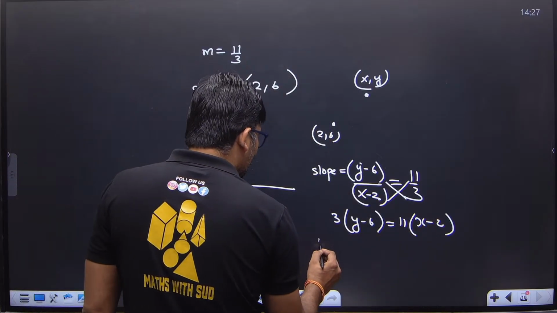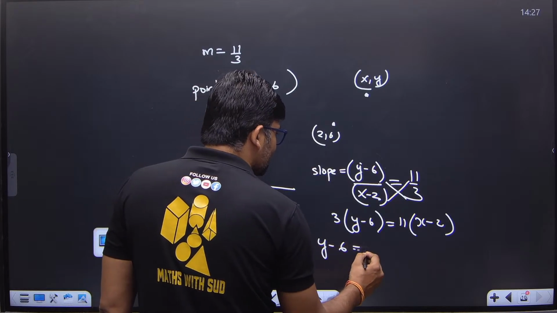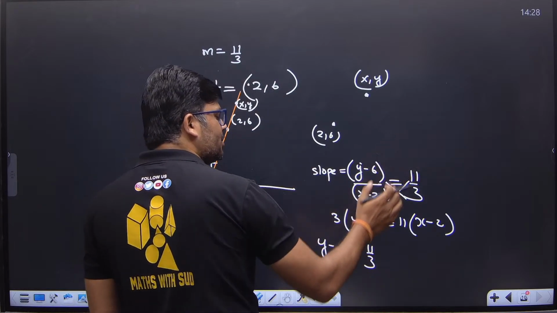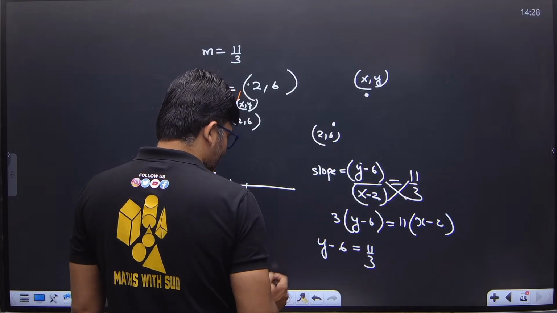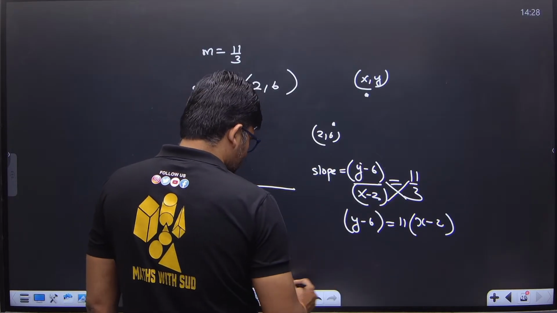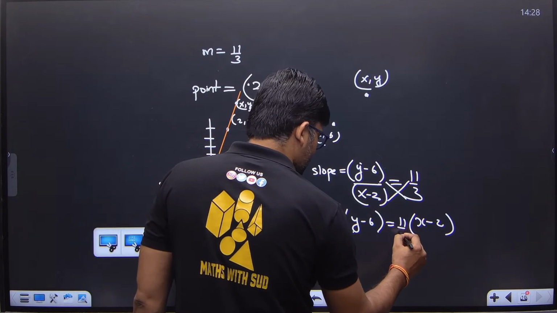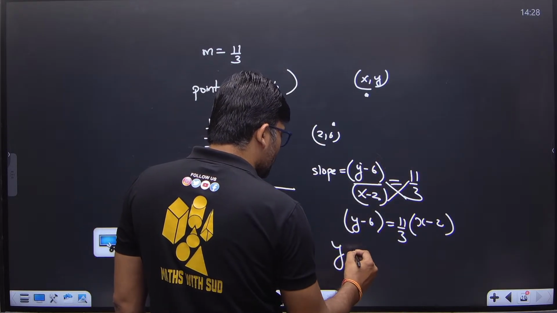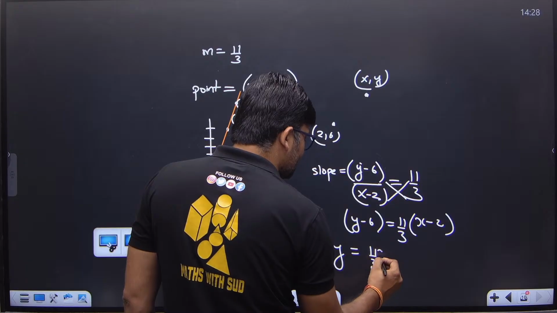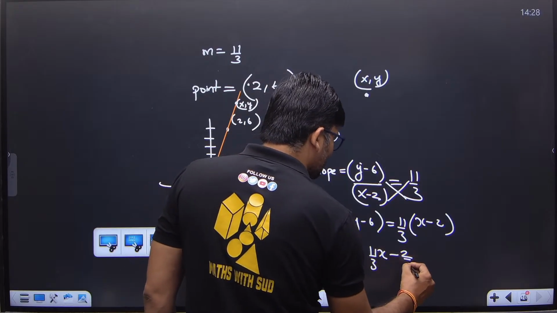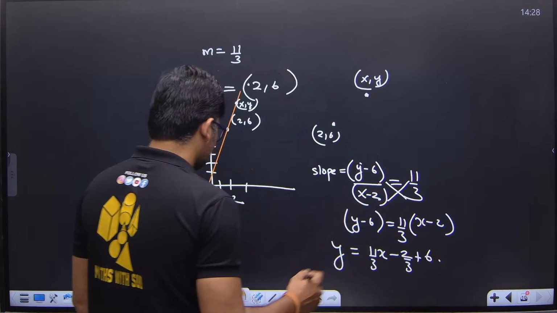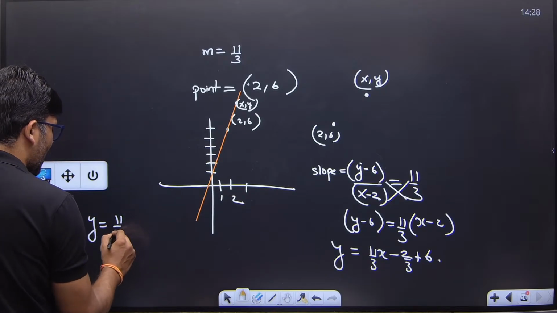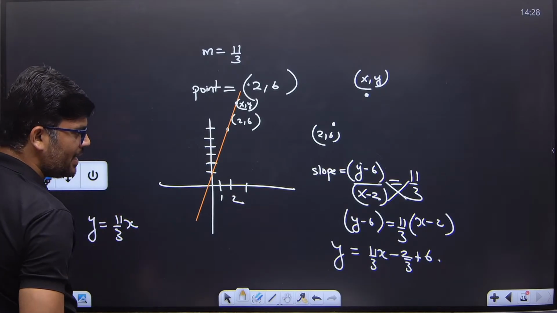Okay. In fact, I will write y minus 6 is equal to, I don't need to do the cross multiplication. I will take only x minus 2 on that side. So I did this wrongly. So let this be here only. So I just took x minus 2 on the other side. So y is going to be 11 by 3 times x minus 2 by 3 plus 6. So the equation will be y is equal to 11 by 3x